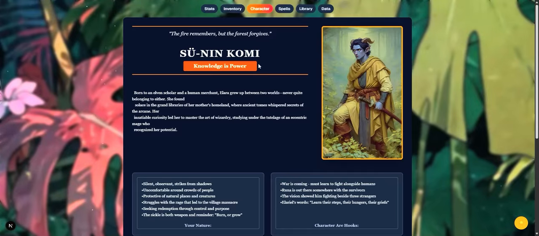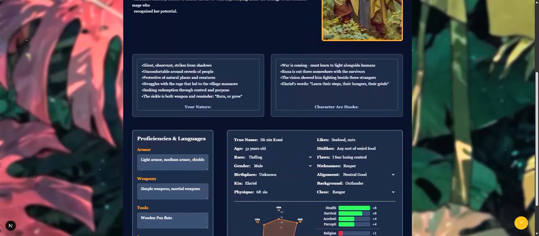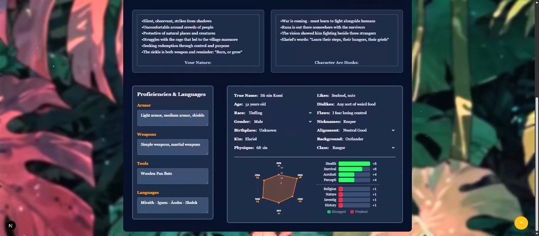On the character sheet, this is just actually for more role playing, giving you an idea of who your character is, and you can run back to it to remind yourself of any character hooks. This does actually affect it. So if you do, for example, half elf, you notice some of the numbers do change over here. Go back to human or tiefling, it does change. Over here,